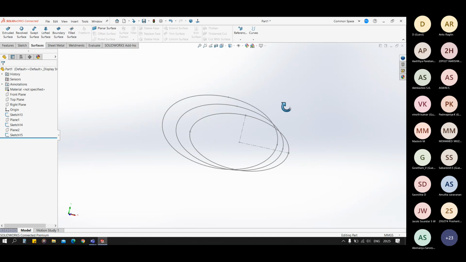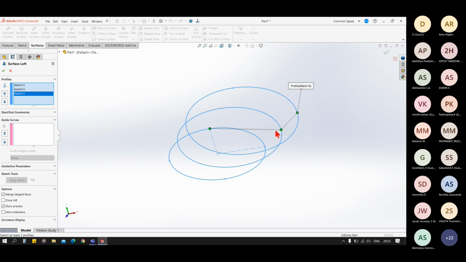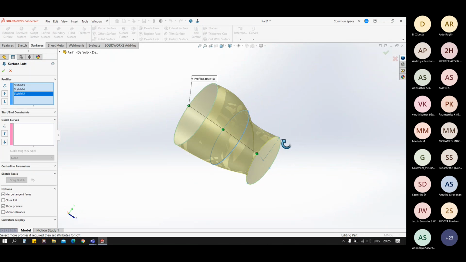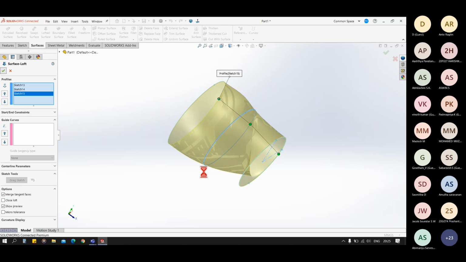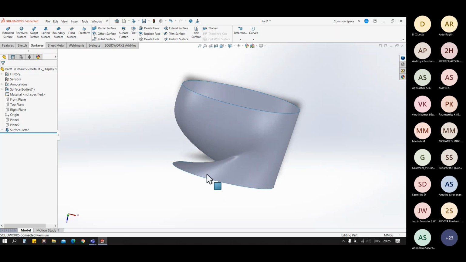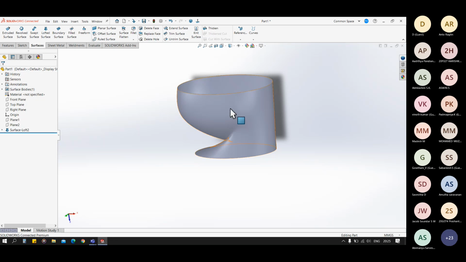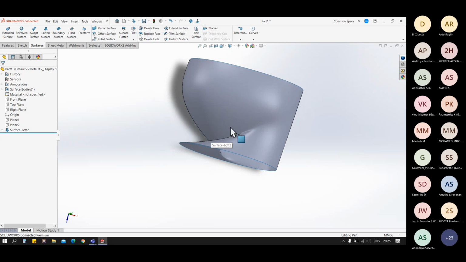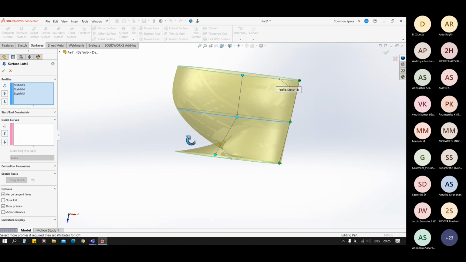Okay, now see, we have closed profiles, and we have selected our profiles. You can see we have created a profile, but it is wrong. It is not according to our requirement. Why so? Because guide curves are always necessary to give the direction of it.